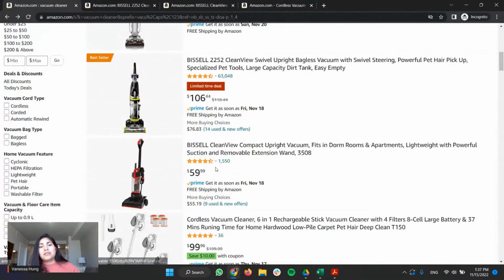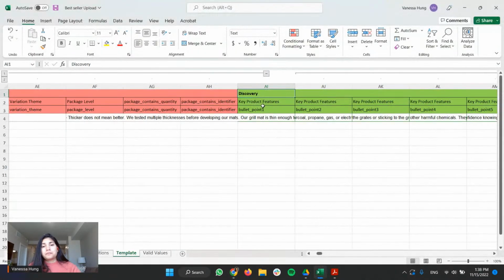And the way that the system positions listings there is because of the information that we have in the backend. So the discovery section, the green section, allows you to do that. It allows you to input the most amount of information for your specific niche or subcategory. So you can tell the system, or you can train the system, on how it needs to show your listing to customers when they're searching.